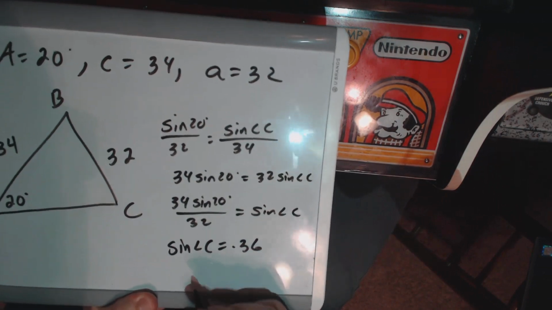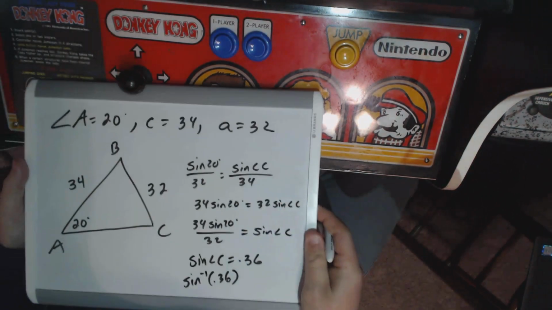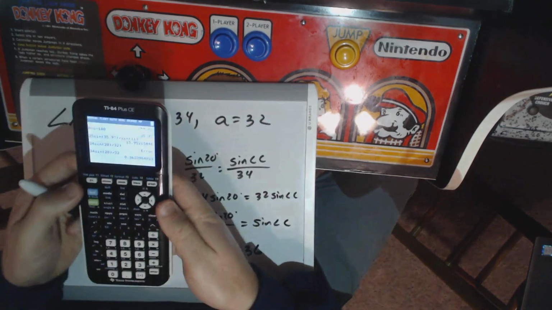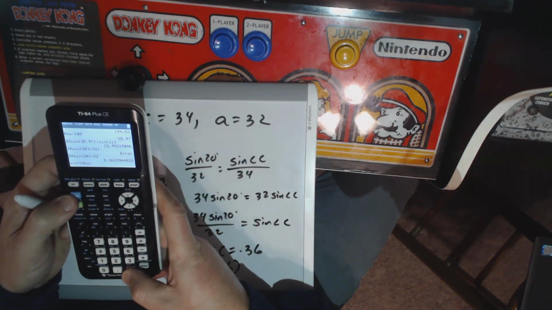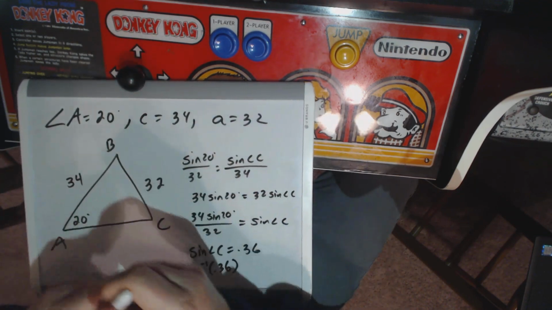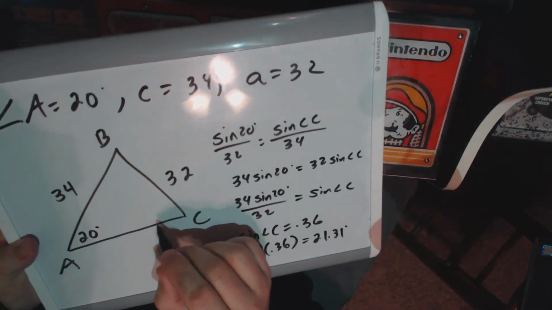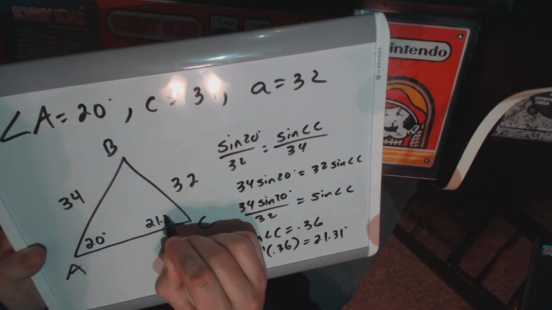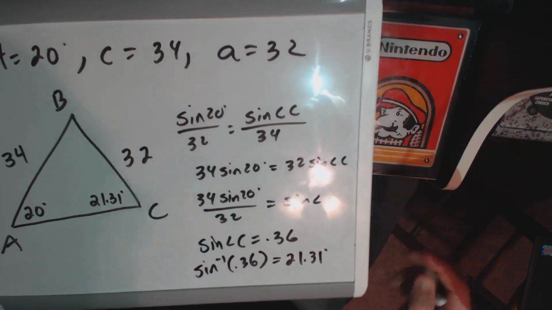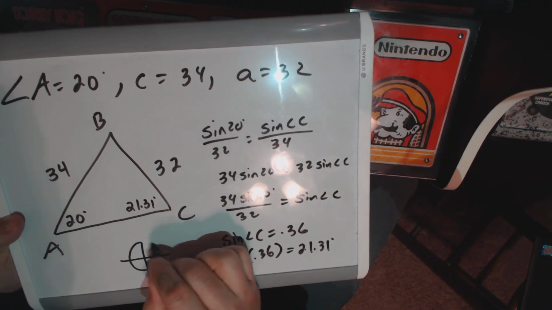And here's the big kicker, okay? I'm having to hit inverse sine of 0.36. Now, my calculator, I'm telling you right now, will give me an acute angle, guaranteed. So watch this, inverse sine of all that, and I'll get 21.31, let's say. 21.31, okay? So what I can do is come here and say, okay, I got 21.31, and you say, great, let's just go for it. Well, here's the not so fast, okay? 21.31